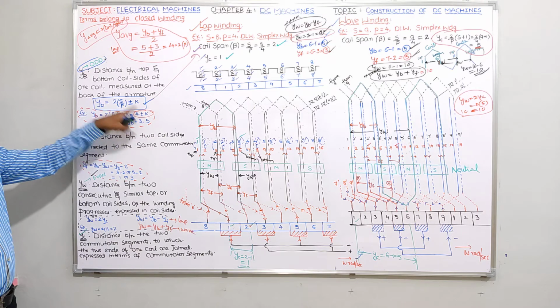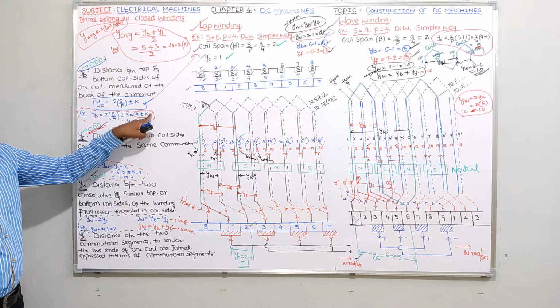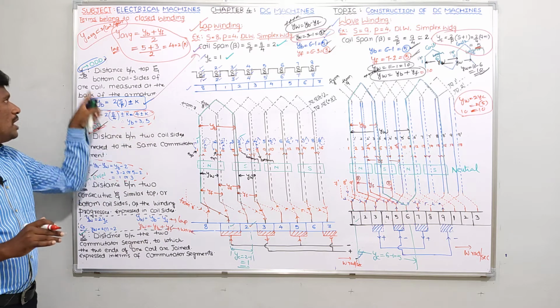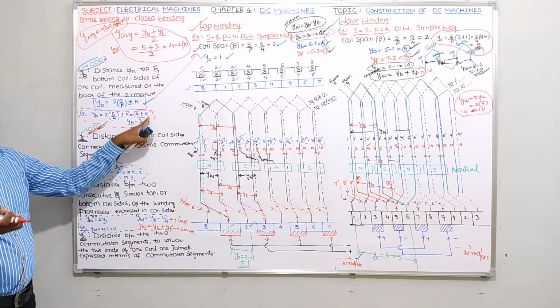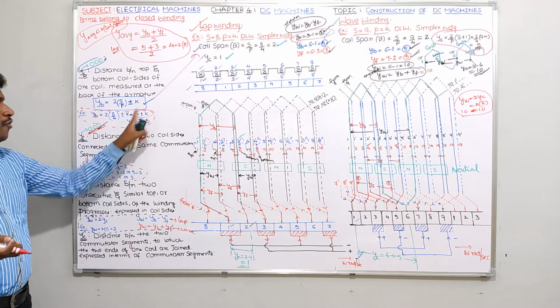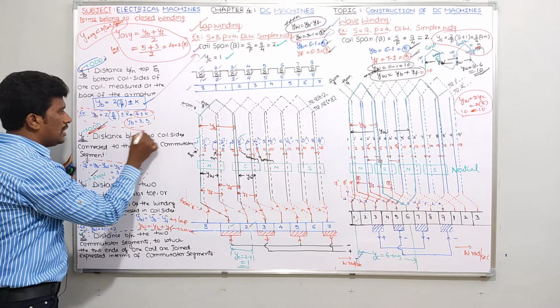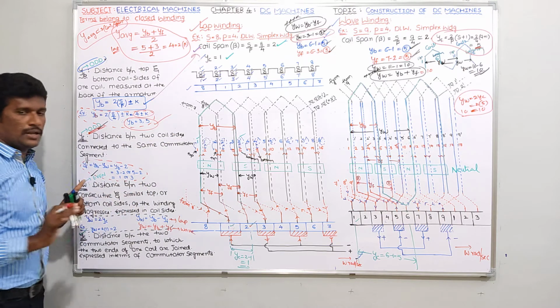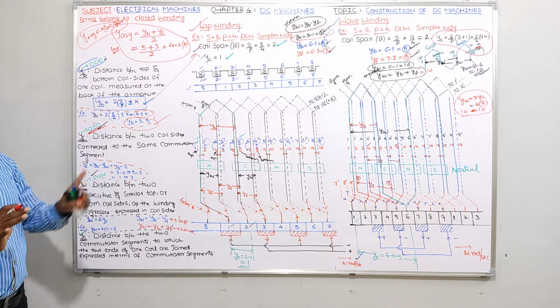So I already told you guys, YB should be an odd number. So I told you K is an integer. So now tell me, if you want to make YB an odd number, if I take the least integer, I can take 1, 4 plus 1, 5. 4 minus 1, 3. That means for YB value you are getting 2 values, no? 3 you are getting, 5 you are getting. So now let me check which one among these 3 and 5 is correct, let me check.